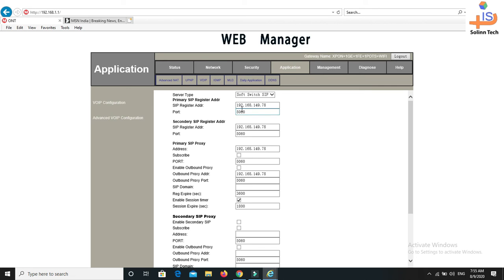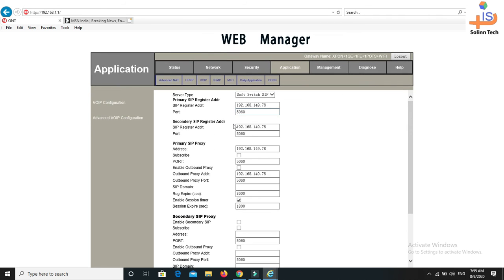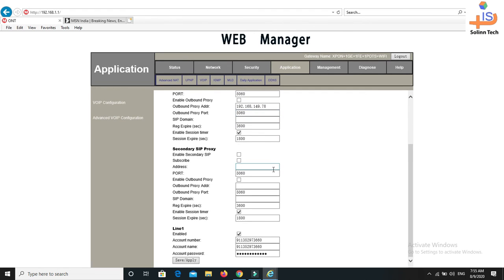You need to put this IP address 192.168.149.78. You'll copy this IP address to these addresses down below. SIP registered address you need to copy, primary SIP address you need to copy. Similarly, you need to copy it like this.